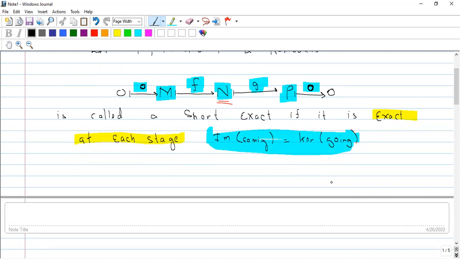So इसको अगर मैं further elaborate करूं तो क्या होगा कि हर स्टेज पे exact होना चाहिए. So it should be exact at this stage, at this stage. तो अगर वो m के ऊपर exact होगी,